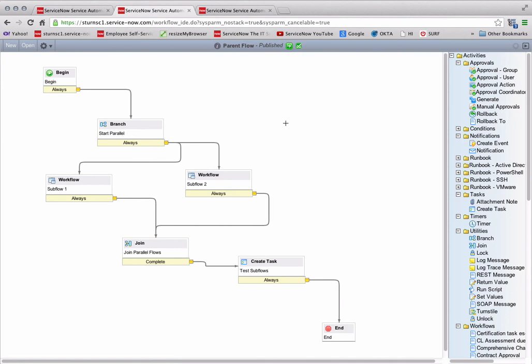I wanted to demonstrate how you can take information from the parent workflow and pass it into the child workflows, and then how you can get return values back from the child workflows. We're just going to do some simple things here, but you could pass as many variables in and back out as you need. So here I'm going to go into the Subflow one,